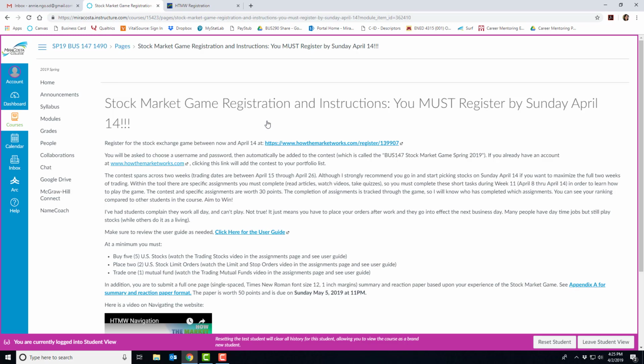So you'll notice over the next few weeks, we're going to be focused on investing. And so while week 11 is about investing in bonds, you'll also be learning how to invest in mutual funds and stocks in the subsequent weeks. So in this week, you're going to register and do some training when it comes to investments for stock markets. So the first thing you'll want to do when we go in here is to register for the game by April 14th. So all you'll do is click on this link right here,